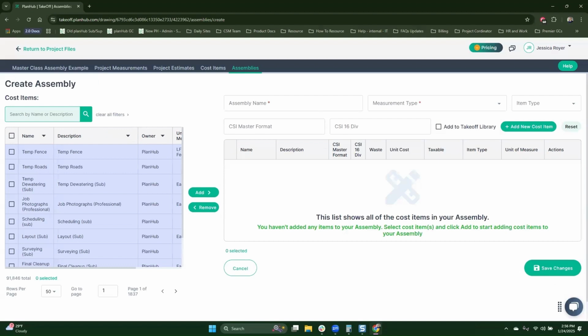When creating or editing an assembly, you have two areas: the Assembly Creation area and the Cost Item Library area. All assemblies must have an assigned name. I recommend naming the assembly after the product you have listed in the assembly or the type of install you're performing. I'll name this one LVP plus adhesive